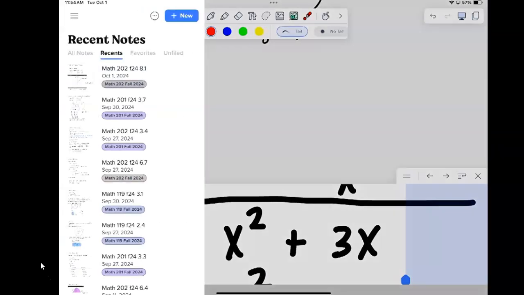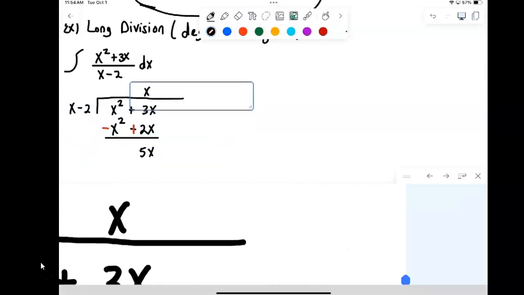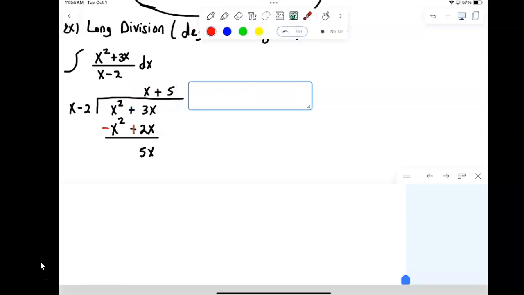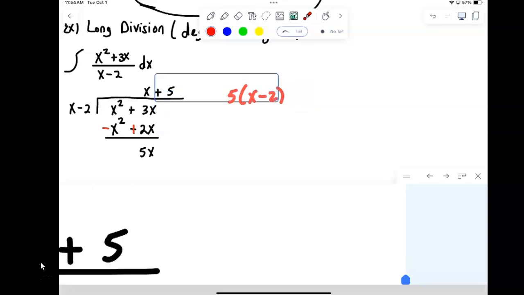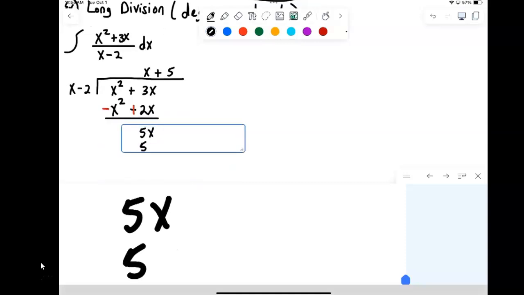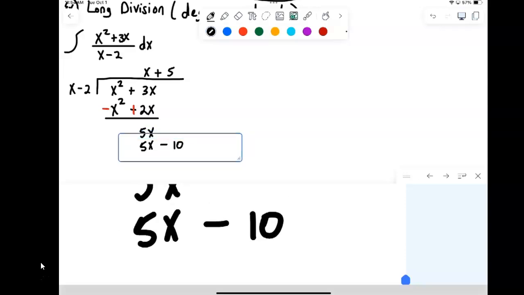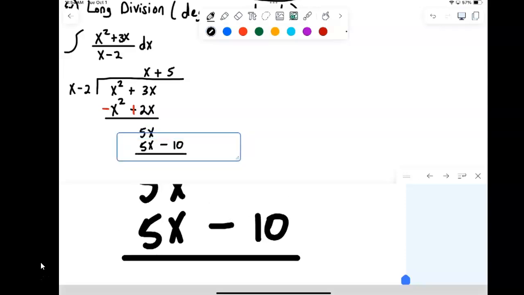Okay, so x times 5 will give me 5x. So we go up here and write plus 5. And then we multiply, right? 5 times x minus 2. So 5 times x will, of course, be 5x. 5 times minus 2 will be minus 10. And then we remember that we're subtracting. So again, we change the signs. That becomes negative. That'll become positive. Again, the 5x's